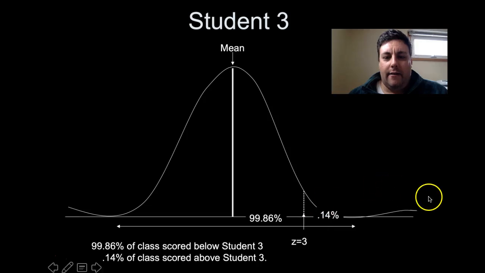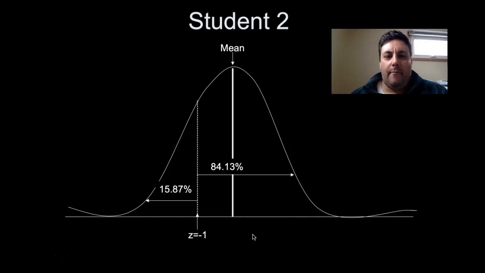If we were to go back to those same testing examples before, since student 3's score was so good, if their z-score was 3, they would have scored in the 99.9th percentile, which would obviously be excellent. Very few people would have scored above that person. Same thing with student number 2, since their z-score was -1, right? They would have scored in about the 16th percentile. That means about 16% of students would have scored lower than them, while 84% of students would have scored higher